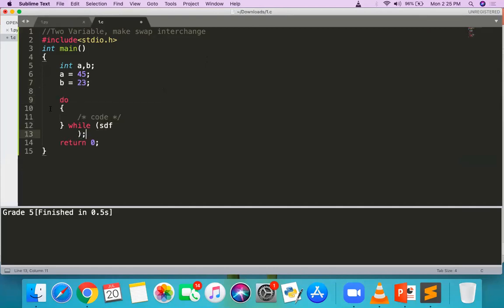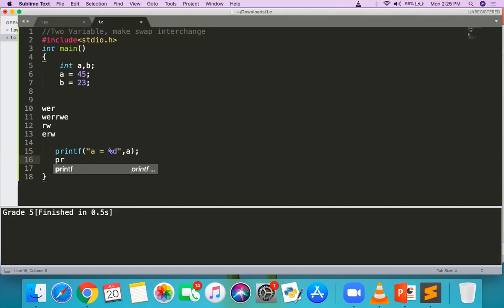You want to write some code here, and after writing that code, you print the value of a, that is a is equal to percentage d comma a, and again you print the value of b is equal to percentage d comma b.